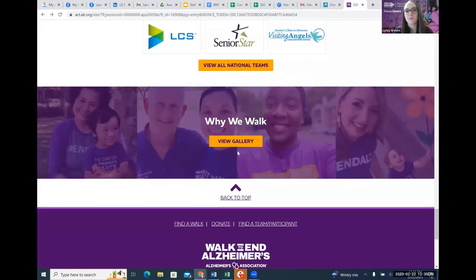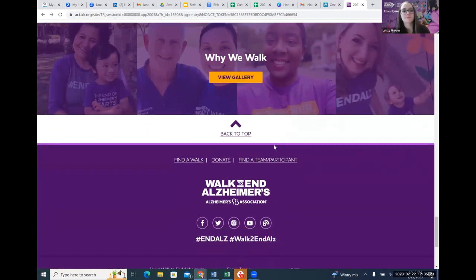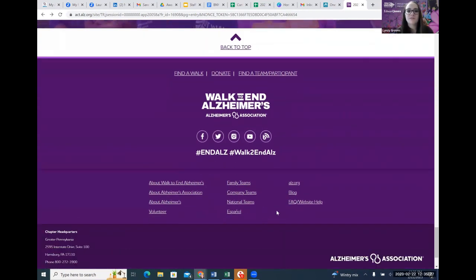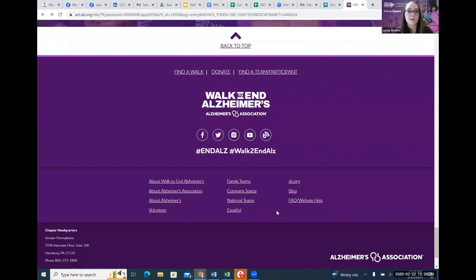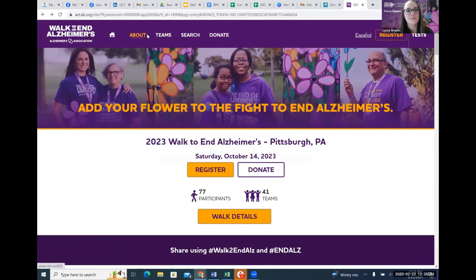We also have our national While We Walk gallery, which are pictures that are usually sourced from those hashtags we talked about earlier. And then we have all of our site maps down here. It's also the same at the very top. So I'm going to scroll up to the top real quick. And under our About section,